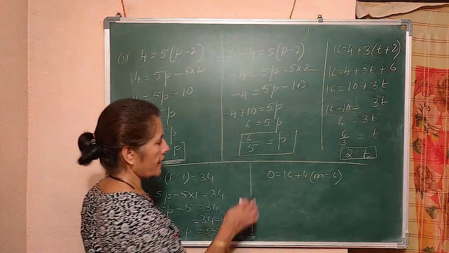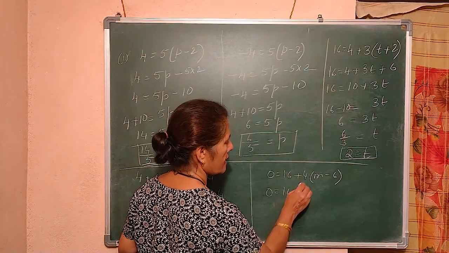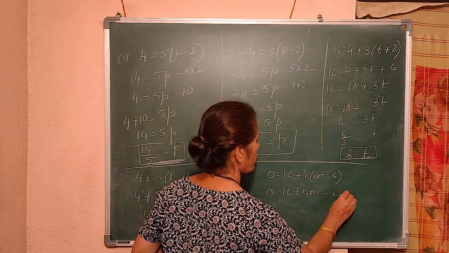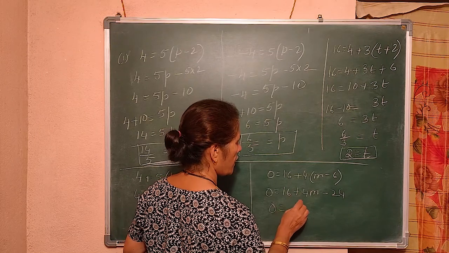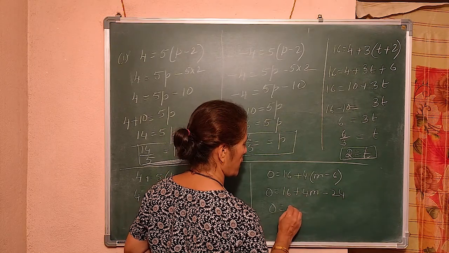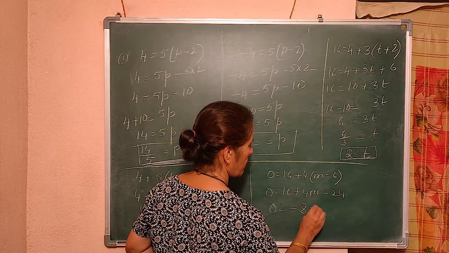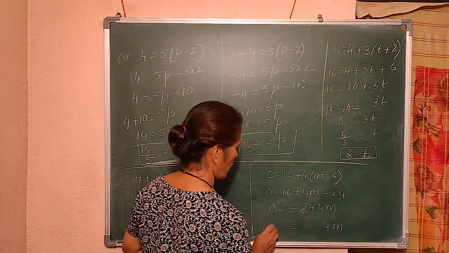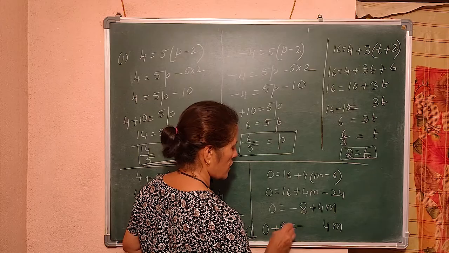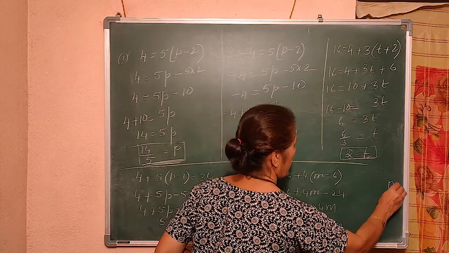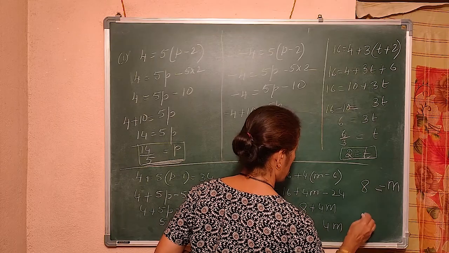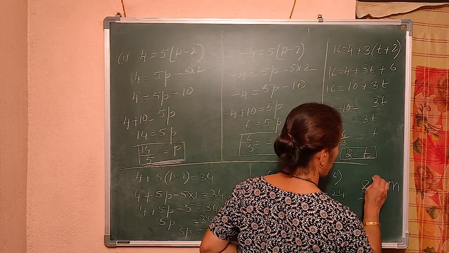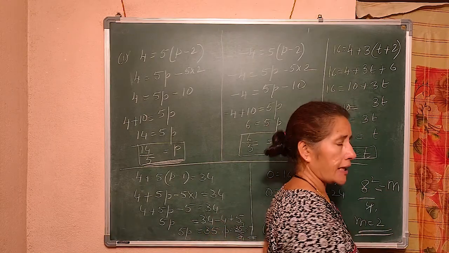Now here you see 0 is equal to 16. Take out the bracket. Plus 4m. 4 6s are minus 24. So 0 is equal to plus 16 minus 24 is how much? Minus 8 plus 4m. Right? So 4m is equal to 0 minus 8, to bring this side, plus 8. So 4m is equal to 8. So m is equal to 8 divided by 4. So m is equal to how much? 4 ones are 4, 4 twos are 8. Now last one.